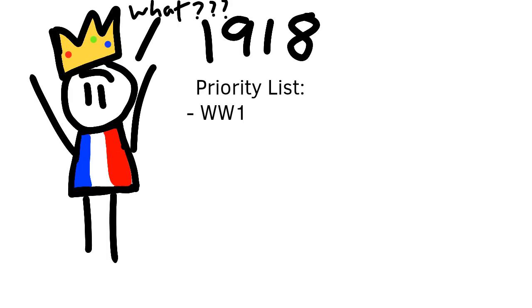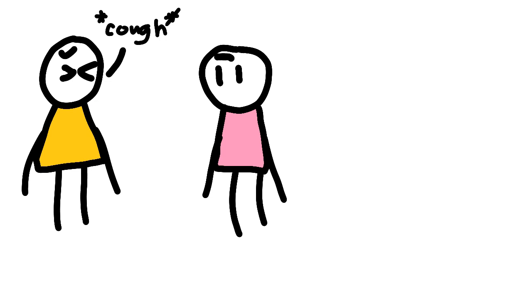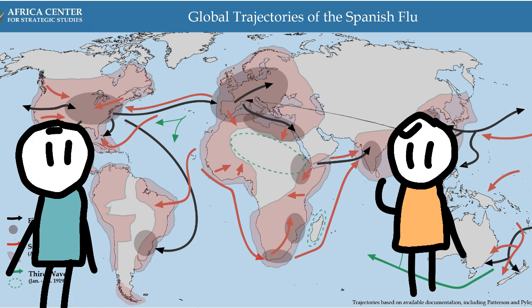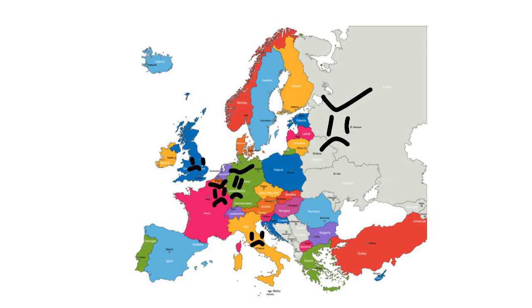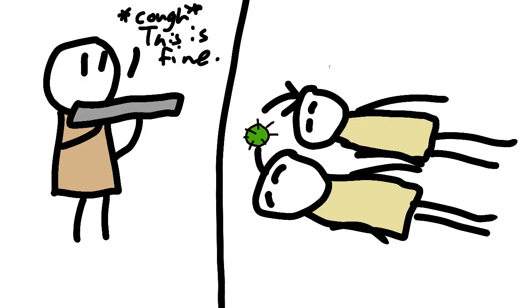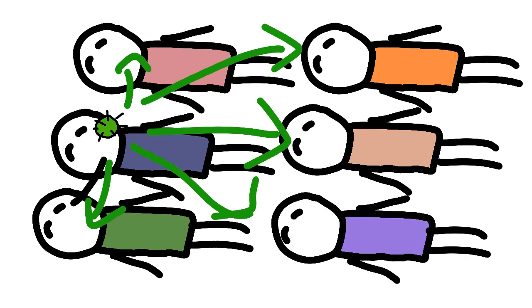To make things worse, there is another threat on the horizon. In early 1918, a strain of the flu virus began to spread. There is no clear consensus on where the virus came from, but many epidemiologists agree that it came from somewhere in the United States. Since the war was still ongoing, it exacerbated the spread of the virus. This is because sick soldiers could not fight and were sent to crowded military hospitals. There, they would spread the disease to other people, causing an epidemic.